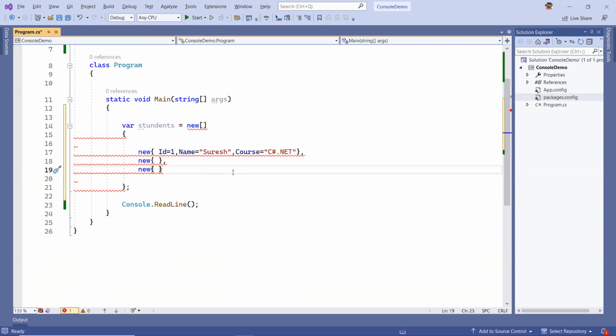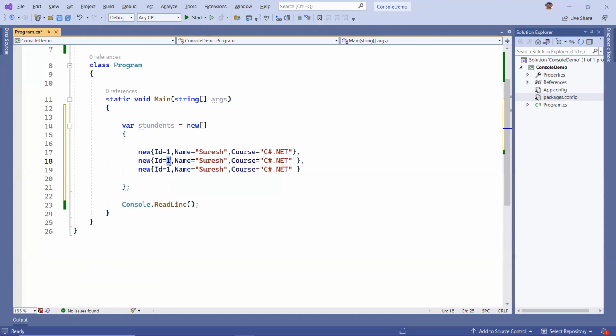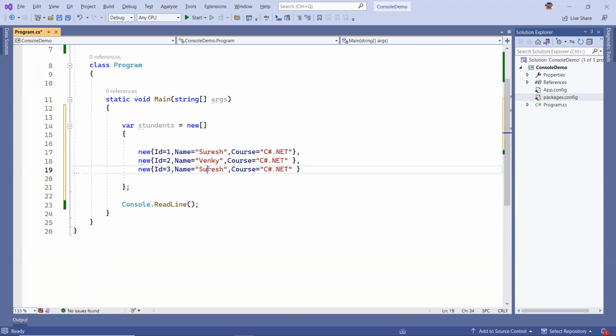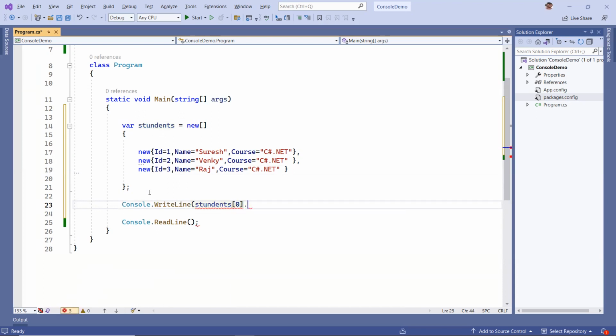What happened? Let me finish this, and I'm going to copy the same thing here for the same array. This is 2, this is 3. He is some Venki, he is some Raj. This way you are going to assign an array of anonymous types. To read this, I'm going to say students of 0 dot